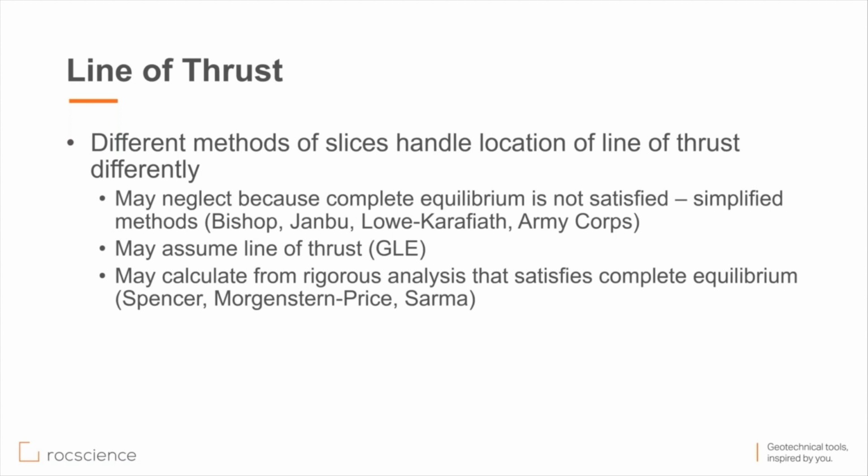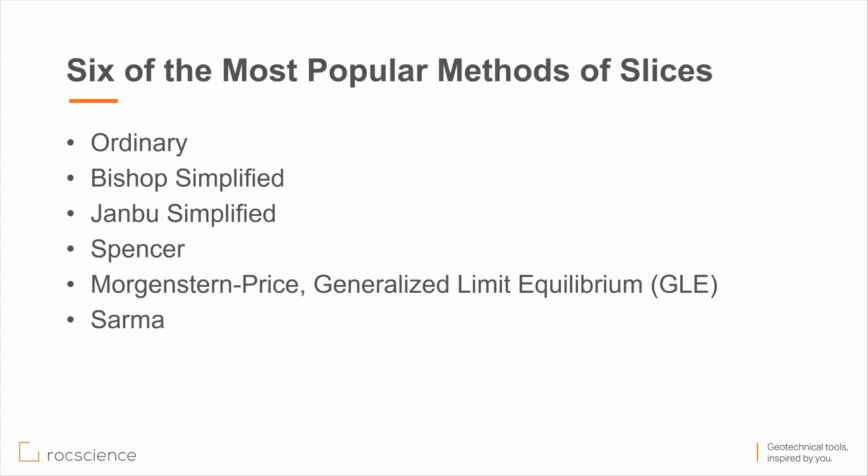When we go into a method like the GLE, which means Generalized Limit Equilibrium method, it assumes a line of thrust. The Spencer, Morgenstern, and Sarma methods calculate the line of thrust as part of the computations in solving the equations of equilibrium. Now, the most popular methods are the ordinary, the Bishop Simplified, Janbu Simplified, Spencer, Morgenstern Price, Generalized